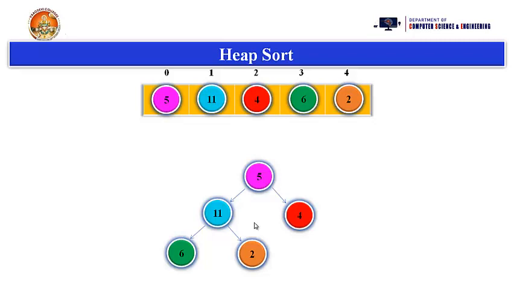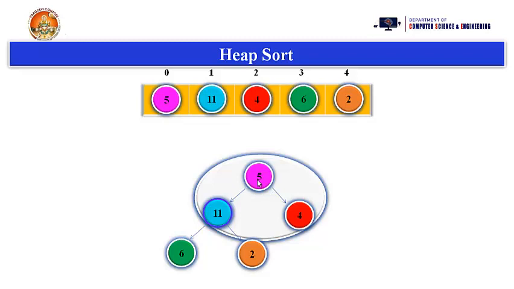Now just observe each and every parent node level-wise, whether it is in a max heap tree or not. Suppose you are taking this subtree, we have elements 6 to 11. Among 6 to 11, 11 is the maximum element and it is in the parent node position. Yes, it is in the correct position. Then go to the next higher level. We have elements 11, 4 and 5. Among these three elements, 11 is the maximum element. Now we need to take this 11 as the parent node, or the root node here.